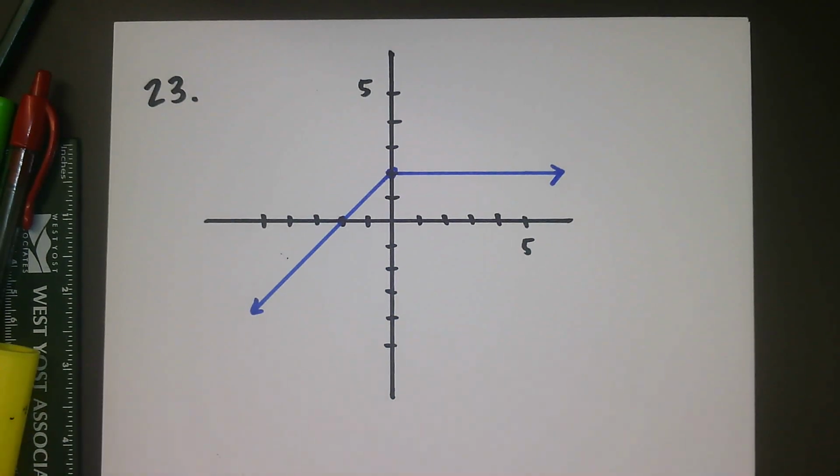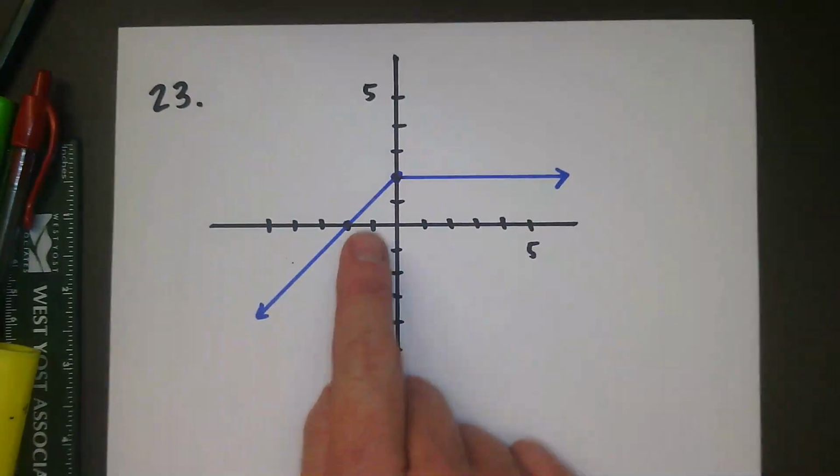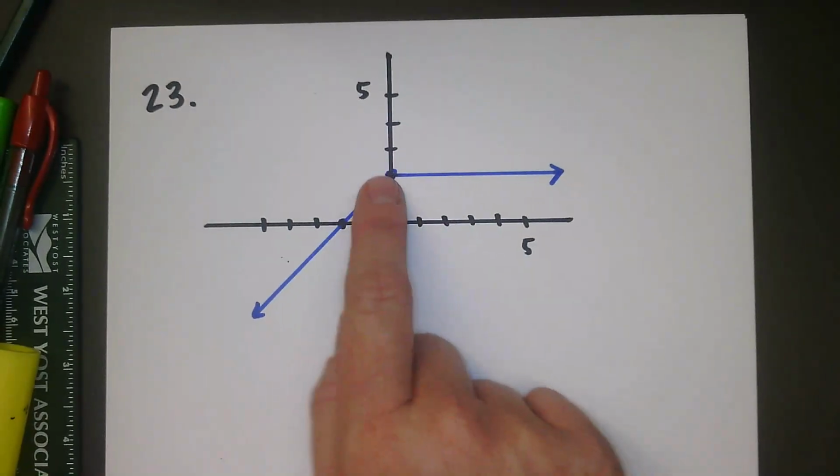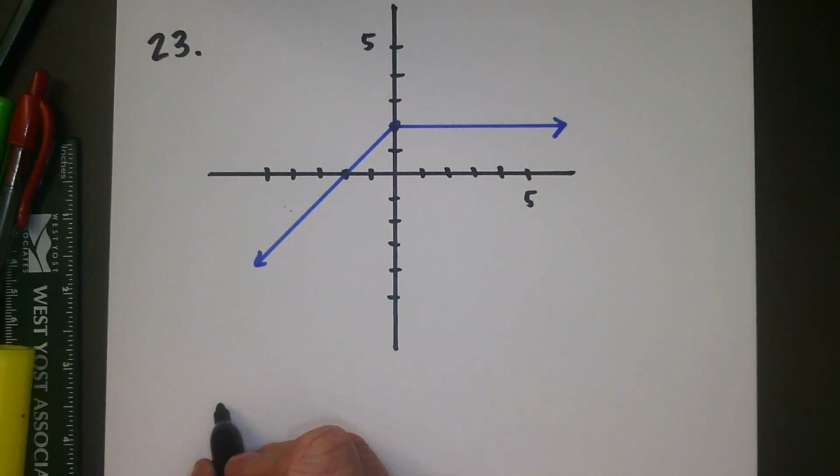Okay, we have a piecewise function here, and we're asked to write the equation. I know it's a piecewise function because I can see this line going up here to a y-intercept of 2, and then a new line takes over at x equals 0. So my general format, my structure for these is going to be,